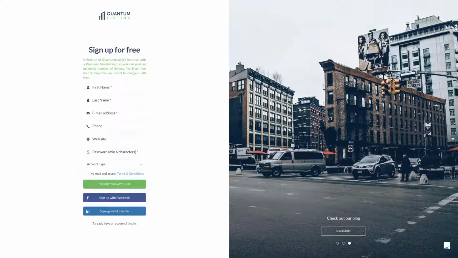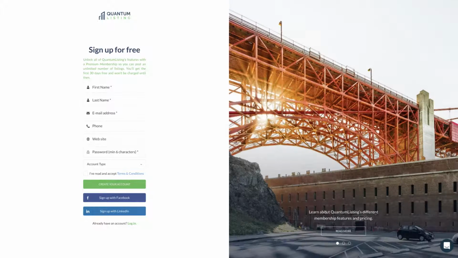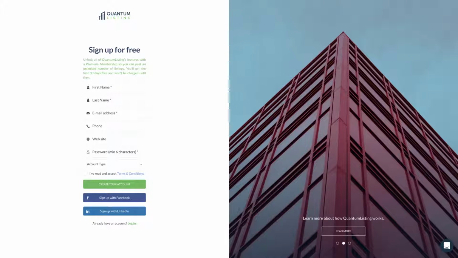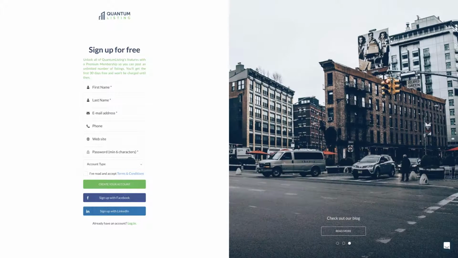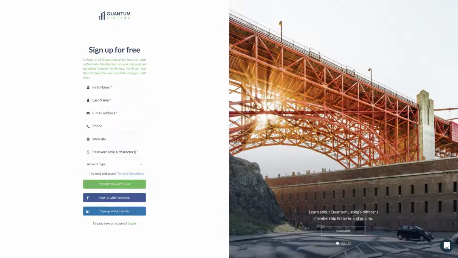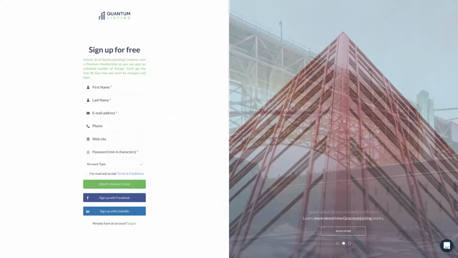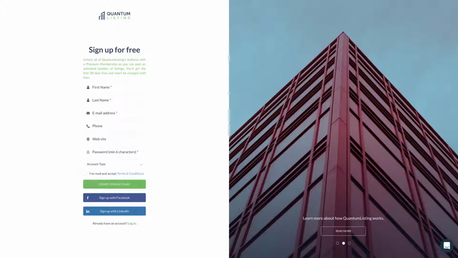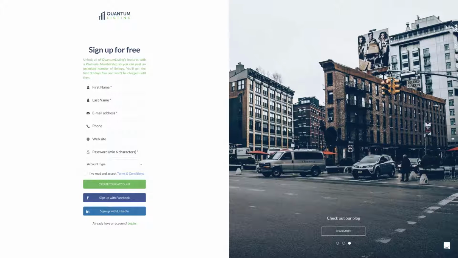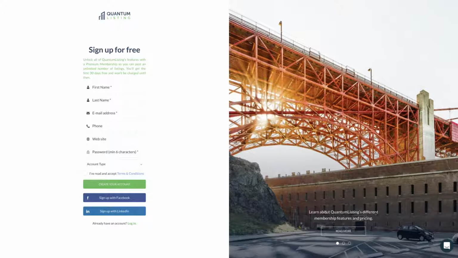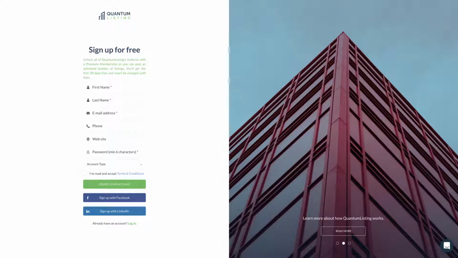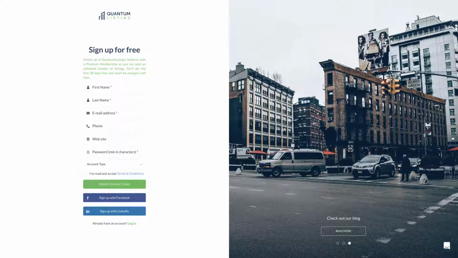Okay, then the next step up from basic membership. Individual and enterprise are very similar, but individual membership we'll tackle next, and that's for if you're a sole practitioner or you're the only person in the office who is going to be using Quantum Listing, then I would recommend that you select individual membership. And even if you sign up and start talking to your colleagues about how much you like it and they want to join, then we can always upgrade you to enterprise,